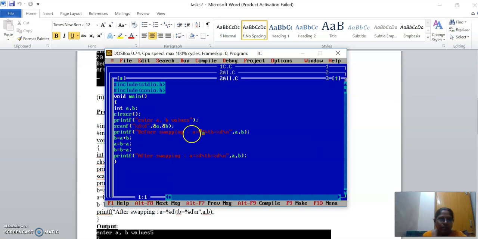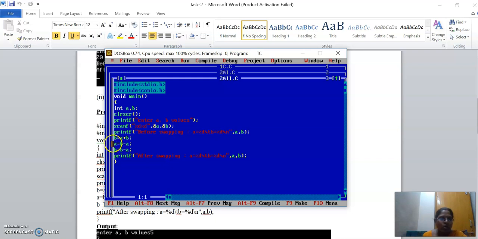I have read the same thing until this line, the same code runs. What I am going to do is B is equal to A plus B. So what will be stored in B? Actually A is equal to 10 and B is equal to 20. So what will be there in B here? 10 plus 20 is 30. A is equal to 10, B is equal to 30.